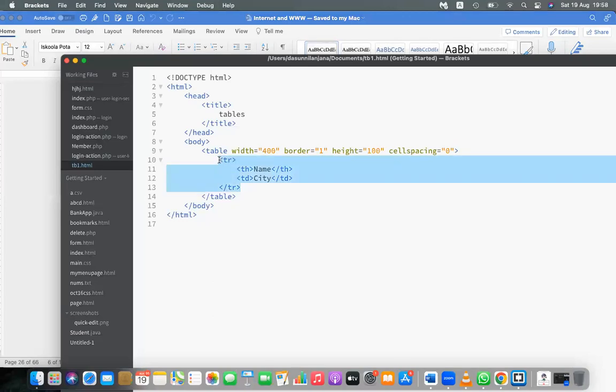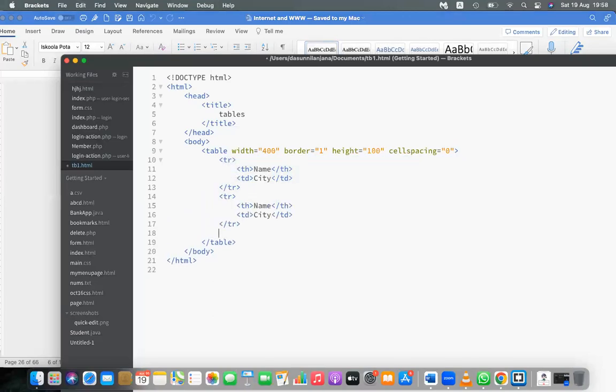So let's add a few more rows. Here let me make this TH, TH, but this one I just want to be TD, and say TD, also TD. Here also TD. I have added 4 rows now. Name, okay, this one, and cities can be. Name is Dasun, so the city is Bong. Bihan, the city is